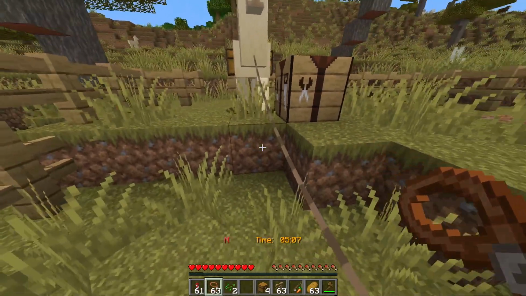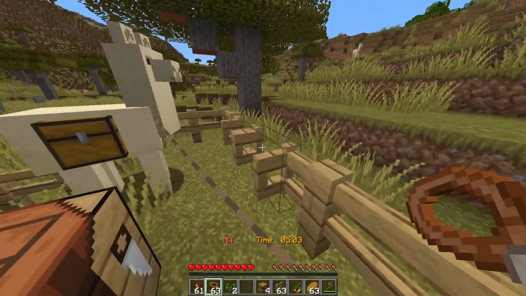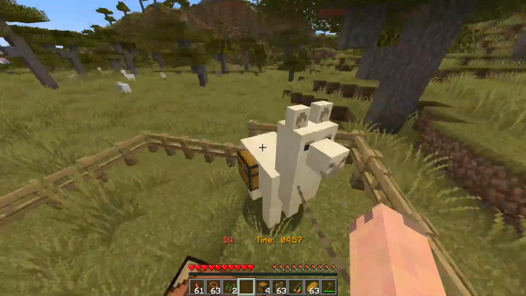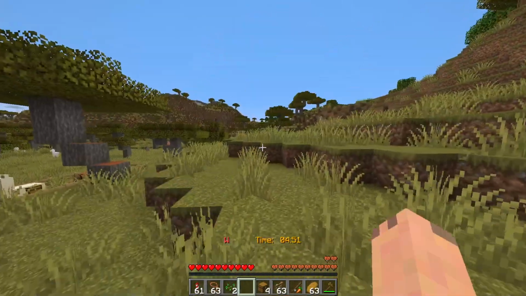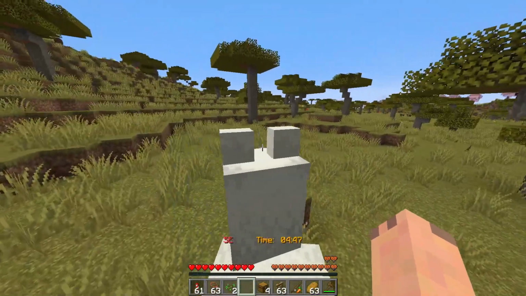You've got 10 minutes to do this, and I'm just coming down to the 5 minutes, and I've just got my first animal in my corral. So that's 10 points. I'm sure that's not going to win anything. Now, it probably would have been a better decision for me to start going after a different type of animal,